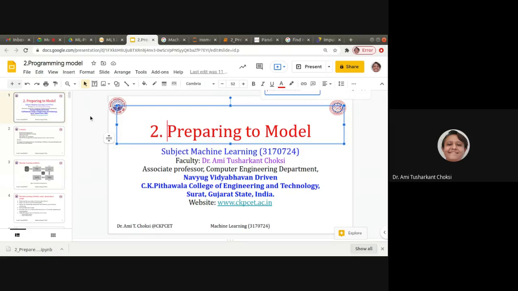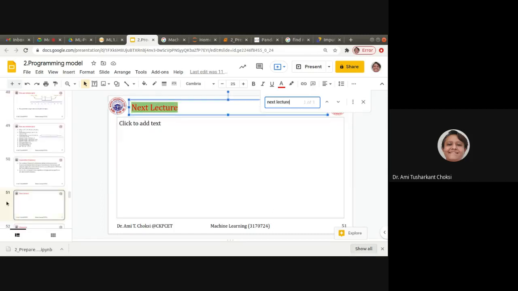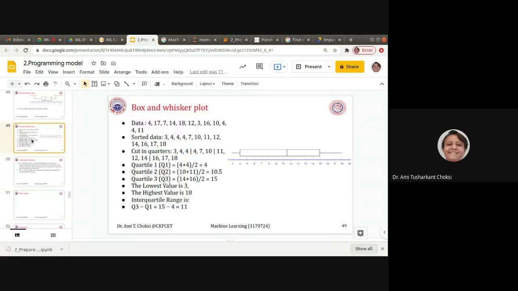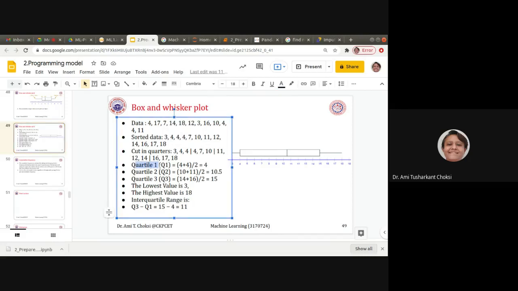So, what we have studied in the last lecture, let us recall. What we have studied in the previous lecture was the box and whisker plot. We found quartile 1, 2 and 3.